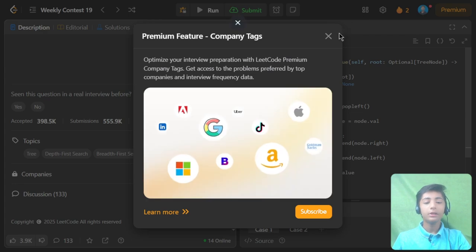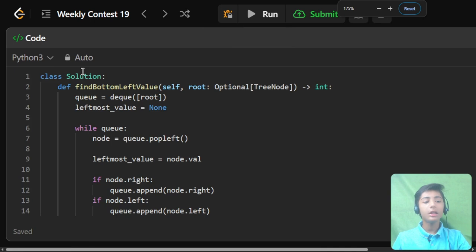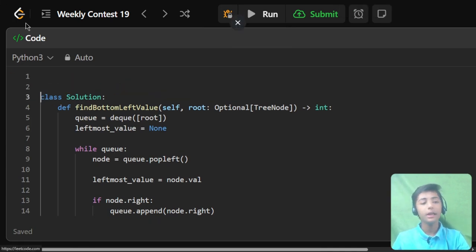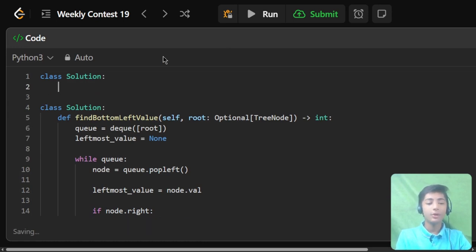Now let's try to solve this question. We are solving this question in Python 3. Like you all know, whenever we start to solve any question, we solve it in Python 3. First of all, we define a class Solution, because it's a rule of LeetCode. If you do not define a class Solution, it will give you an error. Okay, def keyword